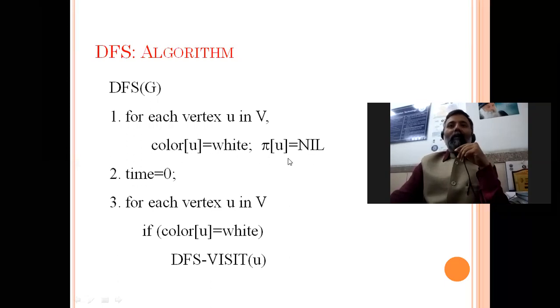We will initialize the timestamp to 0, and then for each vertex, if the color is white, we will call the DFS-Visit function of that node. This DFS-Visit is a recursive function, which will select a path and cover different nodes on that path.